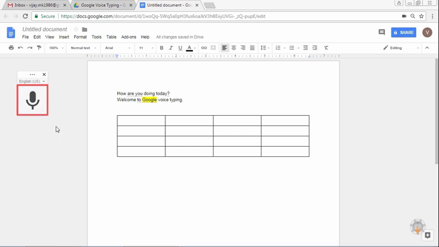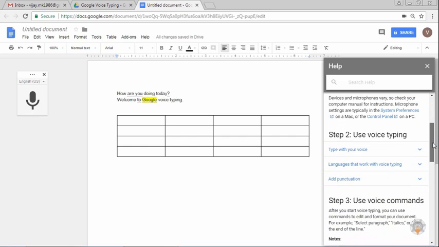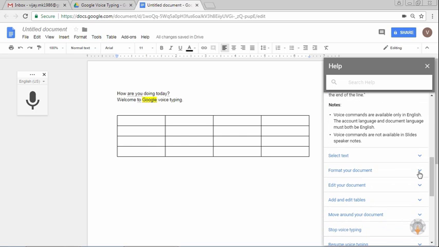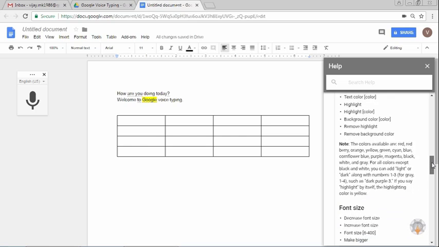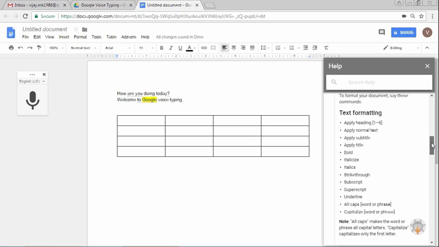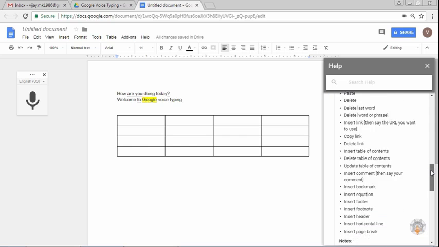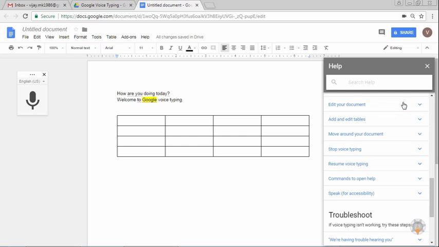You can click the question mark icon to view the voice typing help menu, which displays various voice typing commands related to punctuation, formatting, editing, and more.